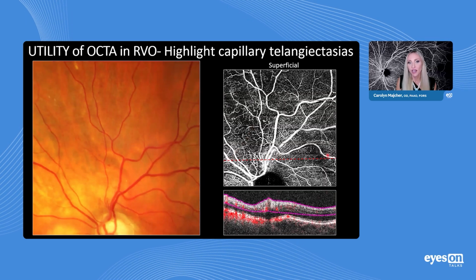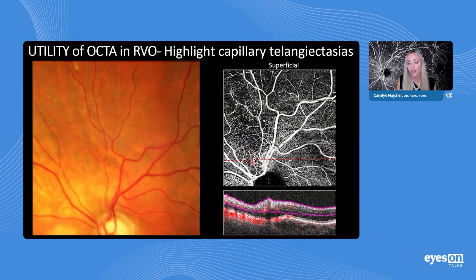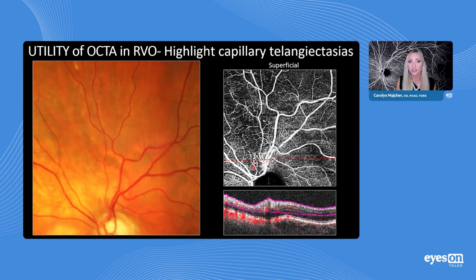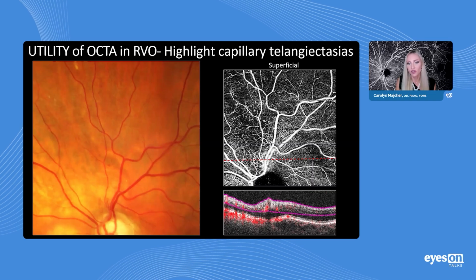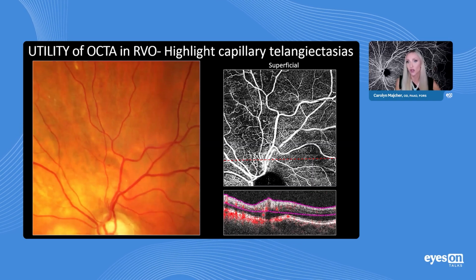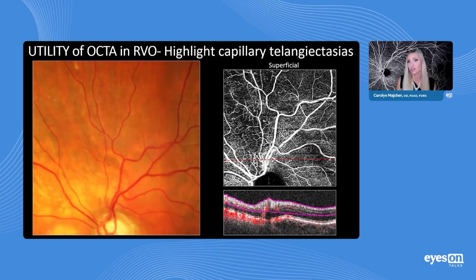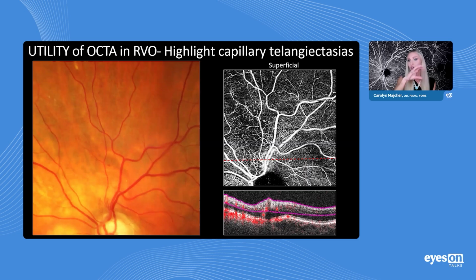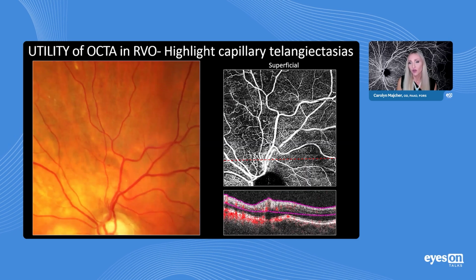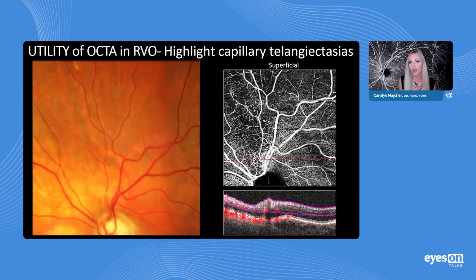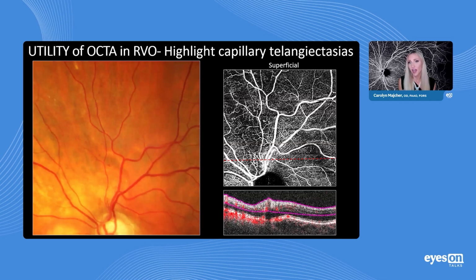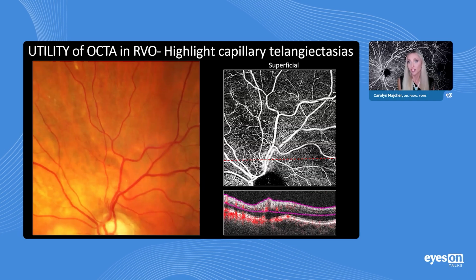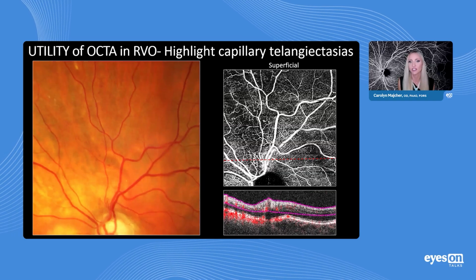And I took my slice navigator to cross-section through that area of abnormal fine blood vessels that I suspected were neo on the disc. And you can see on cross-section that those vessels are definitely intraretinally located and are likely collateral vessels versus neo on the disc we would expect to be pre-retinal neo, so it would be up on top of the retina. So I'm able to confirm this is not neo of the disc, this is not proliferative diabetic retinopathy, but a patient that's had a superior nasal branch retinal vein occlusion related to presumably hypertension and hypertensive